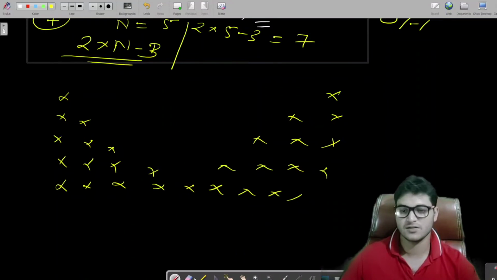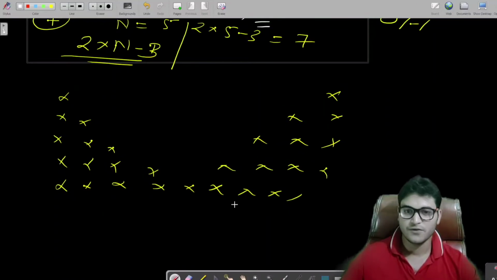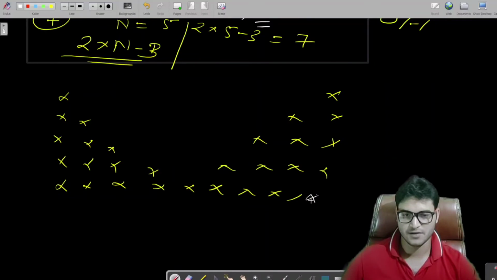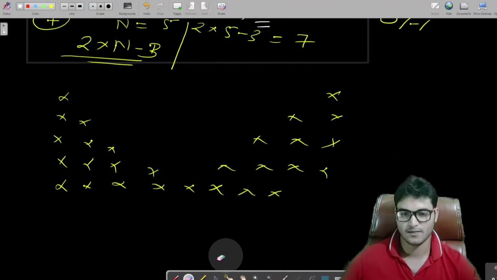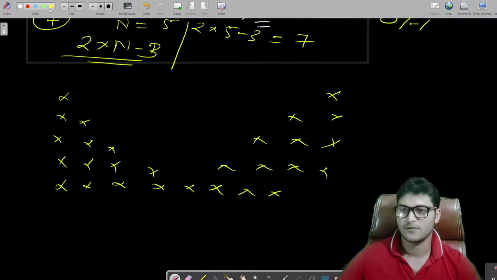So this is the shape which we are about to print. What we are missing is here is the star, here is the star, we do not have anything here, so this way I would write a star here.